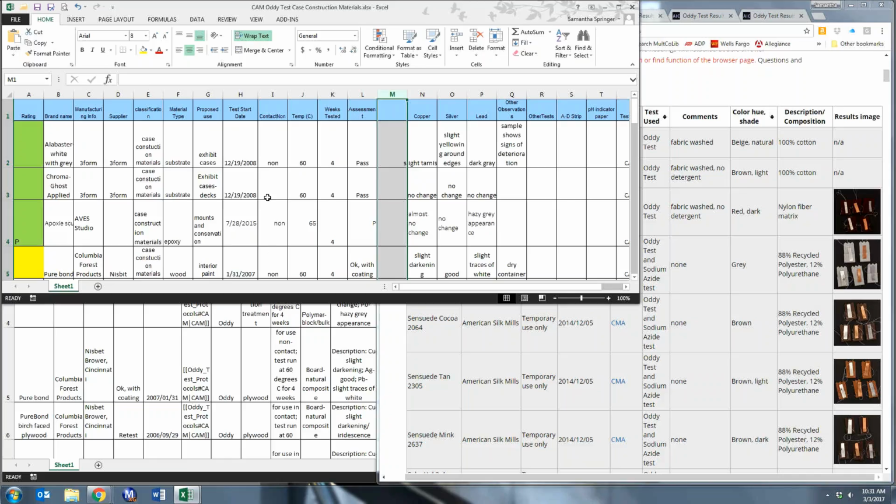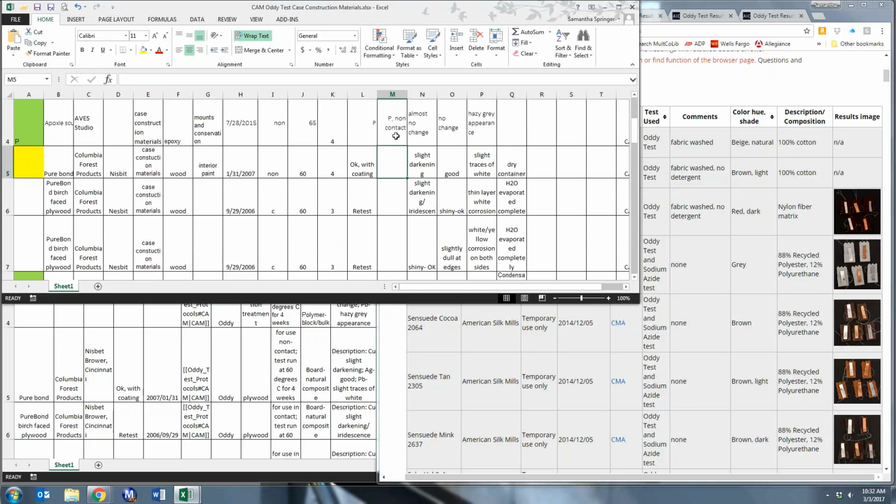column here. So what I'm going to do is write pass, comma, non-contact, and then pass, and then, okay, so you type the combined text and then press enter, and you keep going down, and then